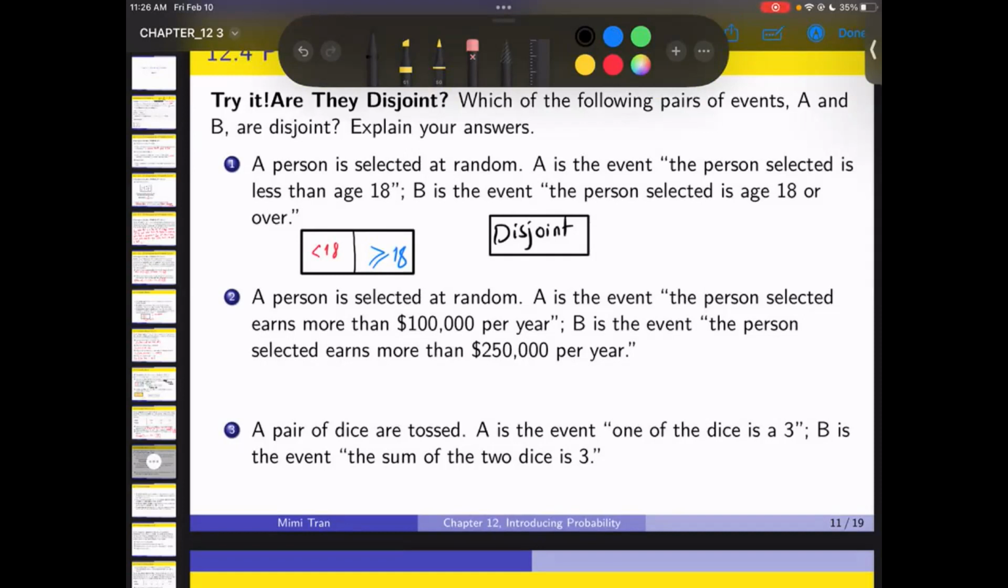Not disjoint, right? Because, well, why not disjoint? Yeah, that's a subset of 250, right? That's a subset. So if you draw it out,